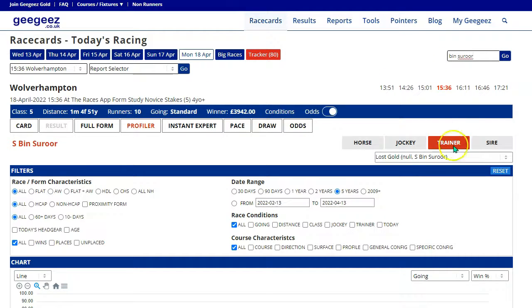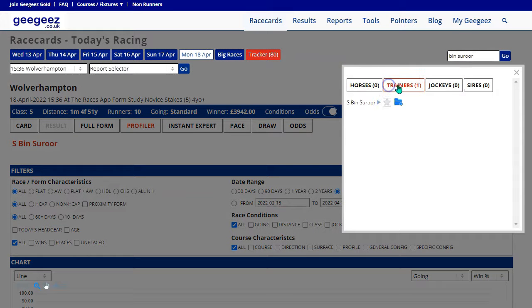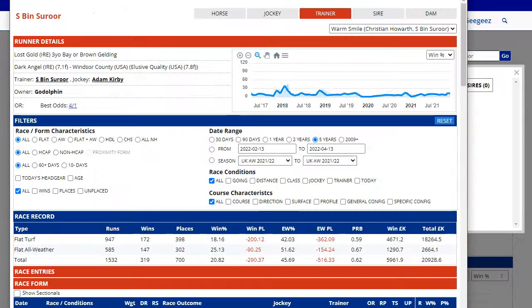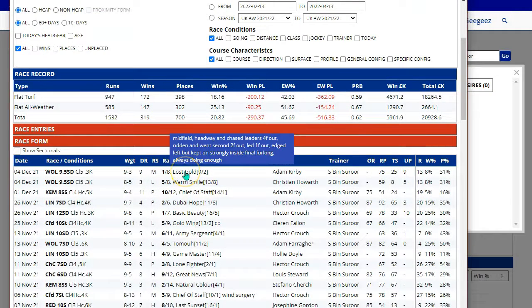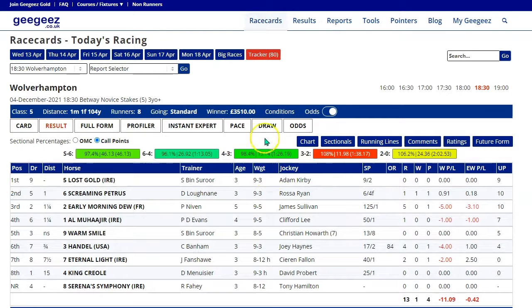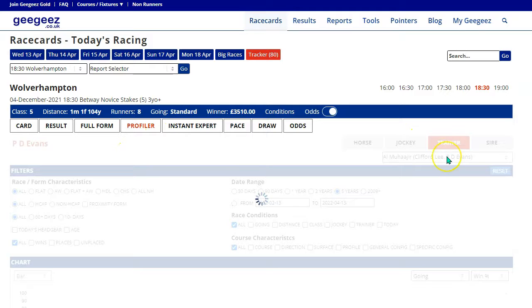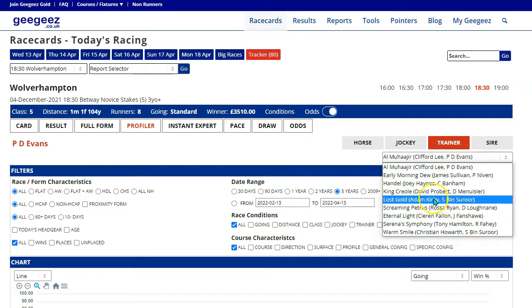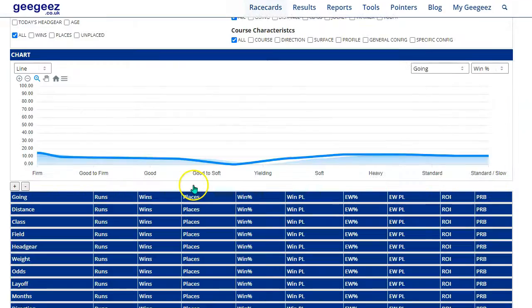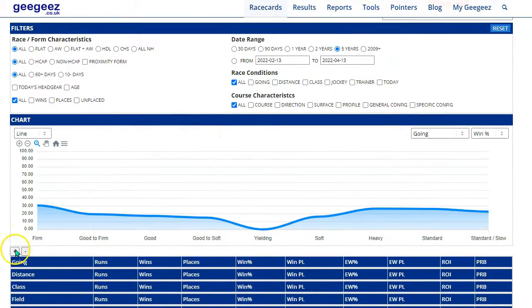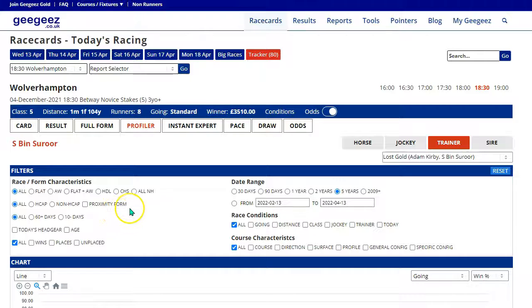So if you click the blue arrow and it's blank, you search in exactly the same way. Then you're going to click on the trainer name to bring up his full form, and then you just click on the most recent race. So I can do that, and from there it's going to bring up all the other tabs as well. You know, this is a historical race from December, but there is the Profiler tab here again, so I can access any trainer without an entry upcoming in this way. And there we are. So we've got Saeed Bin Saror's data again. Okay, so those are 3 ways